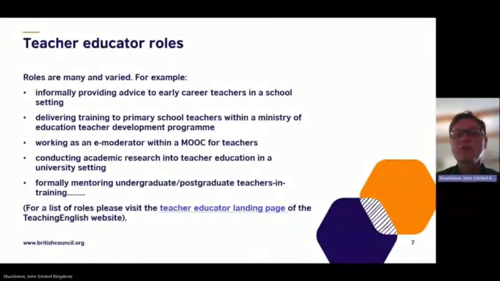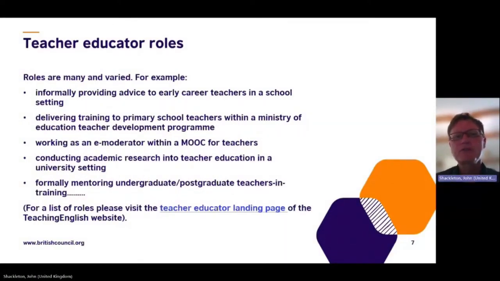Third example there, then, a little bit more specialized in a sense: a teacher following a MOOC, getting support from an e-moderator. Well, that e-moderator has a particular job to do, making forum posts, making an end video, bringing together all the posts, providing some general guidance to the group as a whole. So a bit of a specialist role within the online learning environment for teachers.